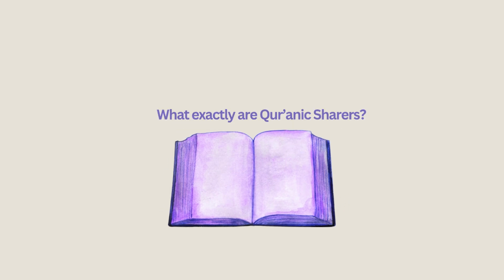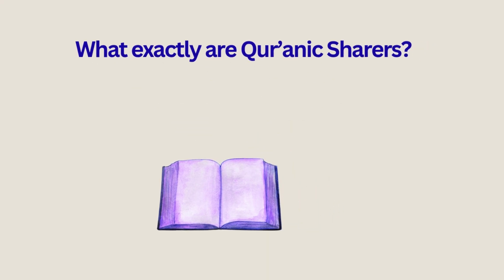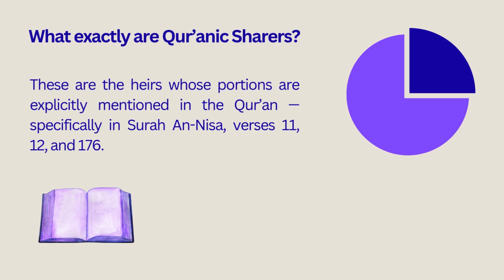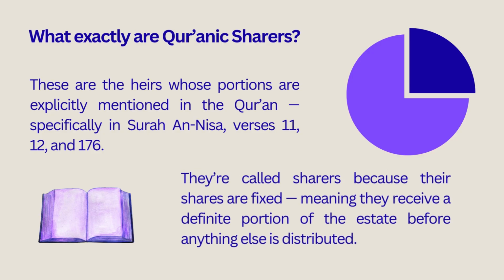So, what exactly are Quranic Sharers? These are the heirs whose portions are explicitly mentioned in the Quran, specifically in Surah An-Nisa, verses 11, 12, and 176. They're called sharers because their shares are fixed, meaning they receive a definite portion of the estate before anything